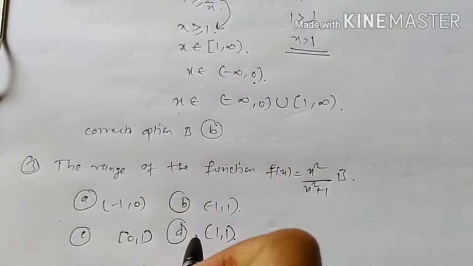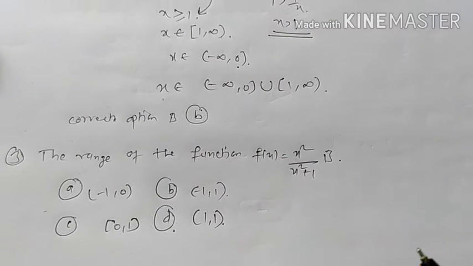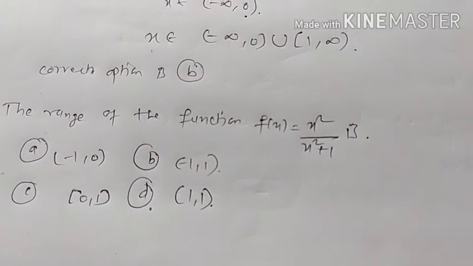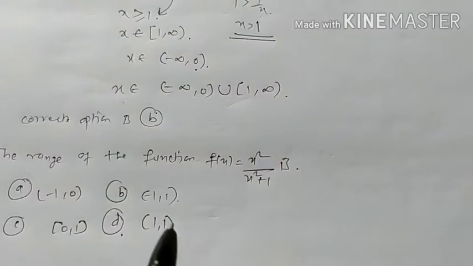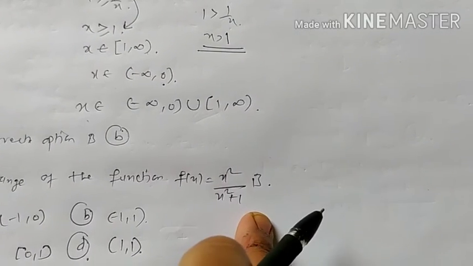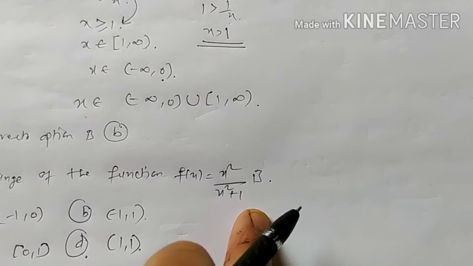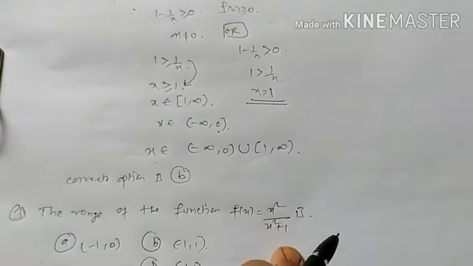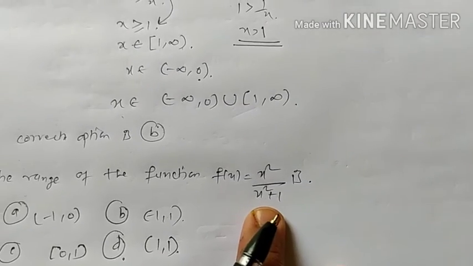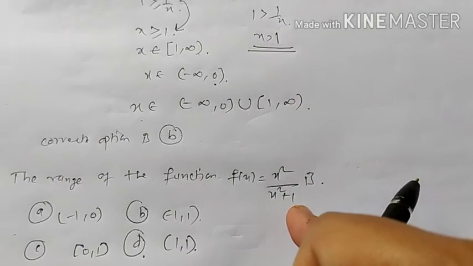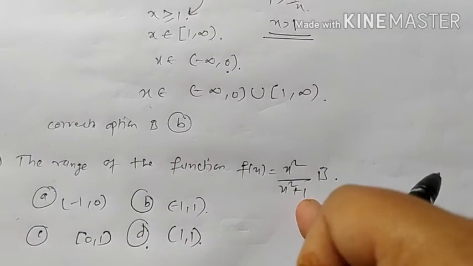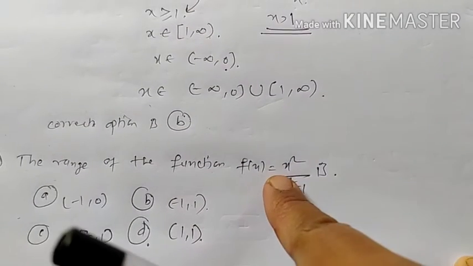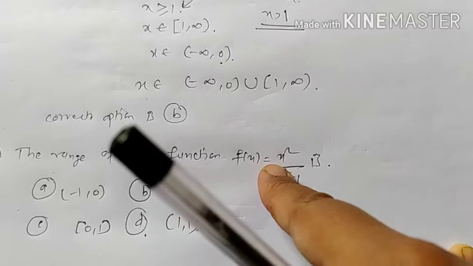We'll see, there is some mistake in the question. We'll see now, we'll find the range. Now student, if we consider this function equal to y, then we have to find the range of this function. It means for which values of x, the images will be there in the codomain. So we need to find the range. Now student, what we'll do, we'll try to convert this x as a function of y.